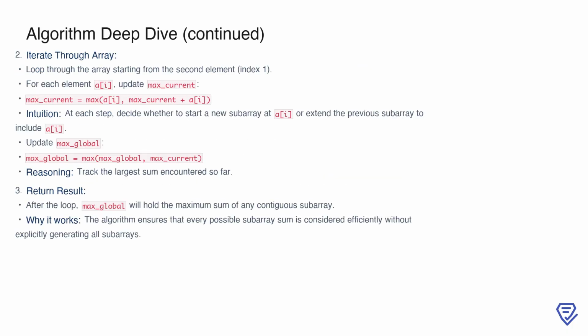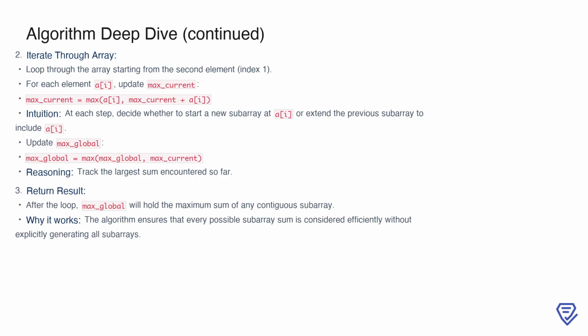Now, we iterate through the array, starting from the second element at index 1. For each element i, we update max_current to either the current element alone or the current element added to the previous max_current. This decision is made using the formula max_current = max(A[i], max_current + A[i]). The intuition here is simple. At every step, we decide whether it's better to start a new subarray at i, or to extend the existing